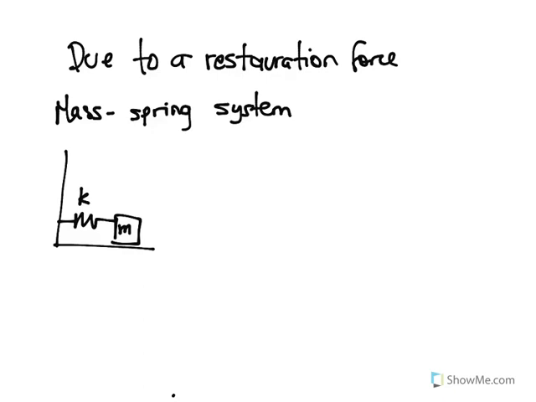And we know that Hooke's law states that the force due to the spring is equal to minus Kx. Minus is negative because it's a restoration force. It means it is going to go against the displacement. It tries to restore the initial position of the spring. So Newton's second law states that this force, minus Kx, is going to be equal to mass times acceleration,